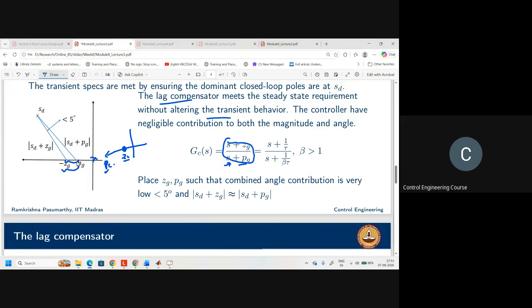Here, in the case of the lag compensator, what we are doing is, instead of a pure integrator, we are placing a pole close to the origin, and we are adding a zero away from the origin, but not far from the origin; it is far from the pole, but as close as possible to the pole. Why? Because it should not disturb the transient characteristics which we have already achieved using either a proportional controller or lead compensator. Okay,